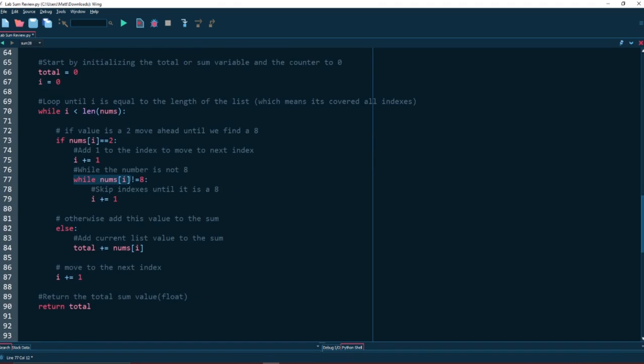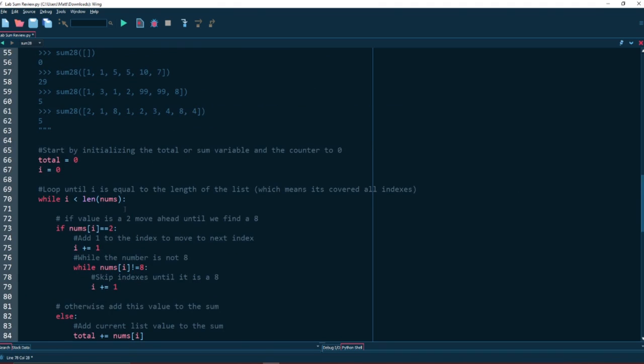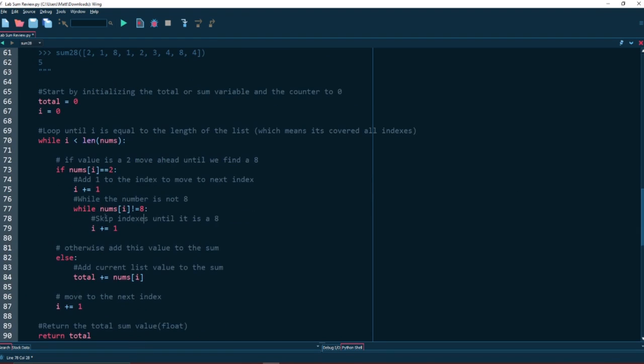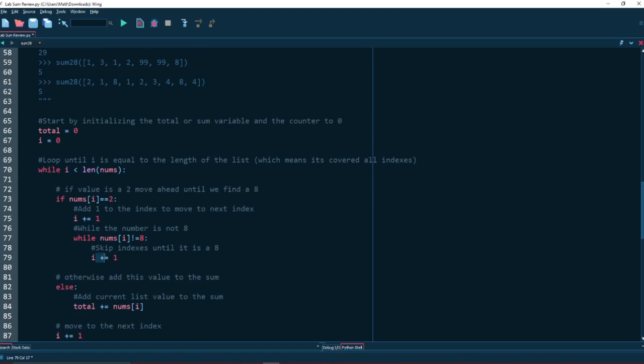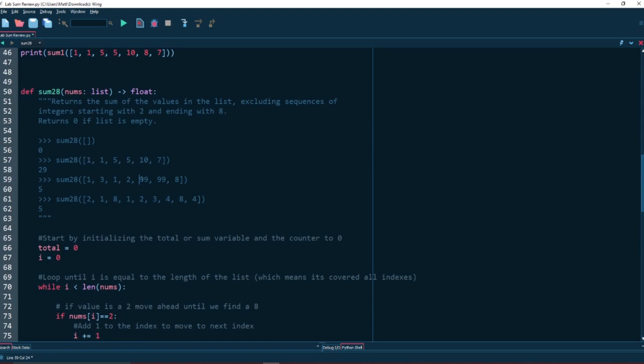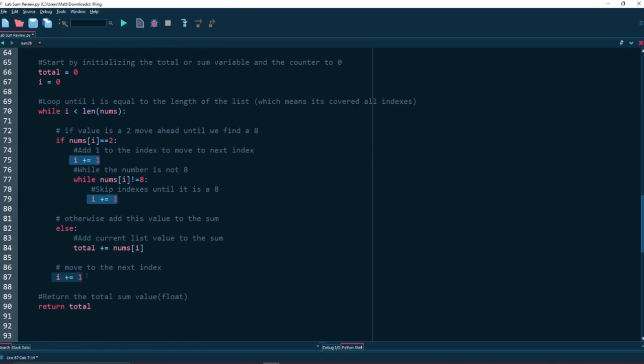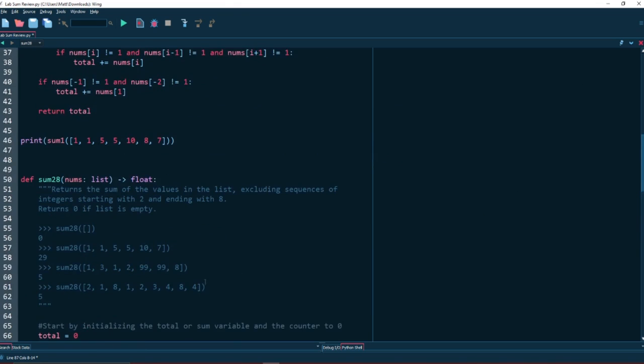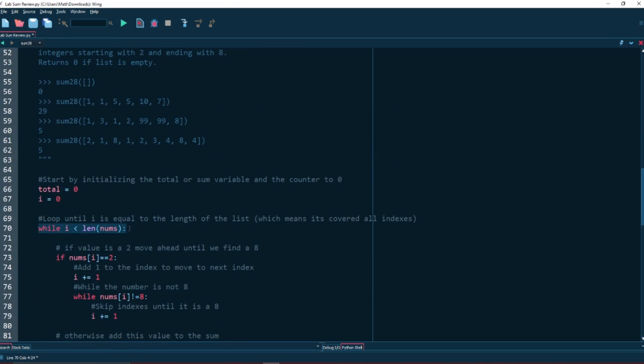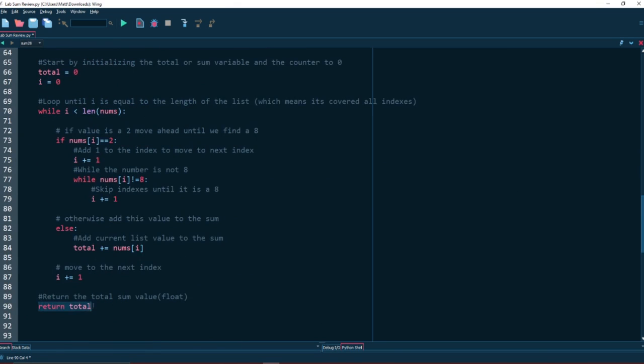So we're going to have another while loop in here. Now this is because we want to go from 2 until 8. Because we don't know where the 8 is, we have to go until we find that 8. So while it is not 8, we're just going to keep going through indexes. So that's i plus equals 1. So here we're going to go 99, add 1, 99, add 1, 8. Once we get to that 8, it's going to stop the loop. It will go right to the end here, i plus equals 1. So now the i will be after the 8. But since it's a while loop, that means it's now going to stop and go on to the return.